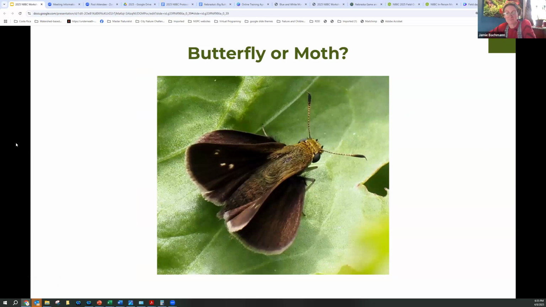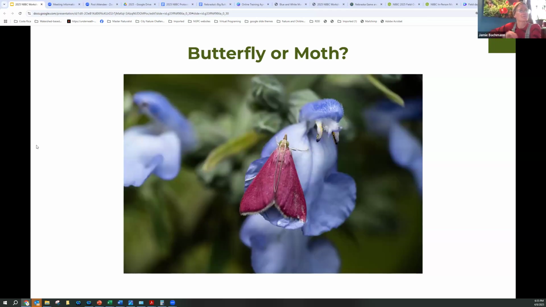Butterfly or moth? We got some moths, we got a couple butterflies. There isn't a strong consensus. Oh, we got someone who named it. It is a skipper butterfly. Some people say that they're in their own group, but that's a skipper, and we're going to be talking about that in a little bit. You can see the knobbed ends as opposed to the moth. That was a good one.